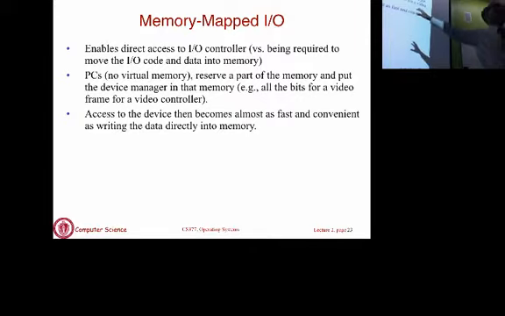A better way to do it, or a more efficient way to do it, is what is called memory mapped IO, where the command you give to the IO device is, I want to read or write a large chunk of data. Here's a region of memory. If I'm reading, then whenever you start getting data from your device, go and store it in this region of memory. When you have written or read the entire chunk, then you let me know that this entire operation has finished.